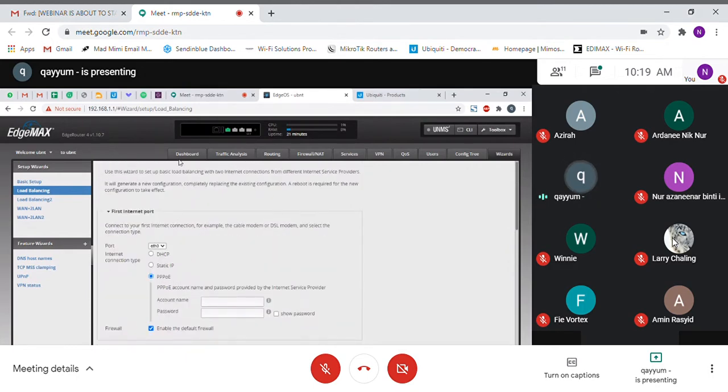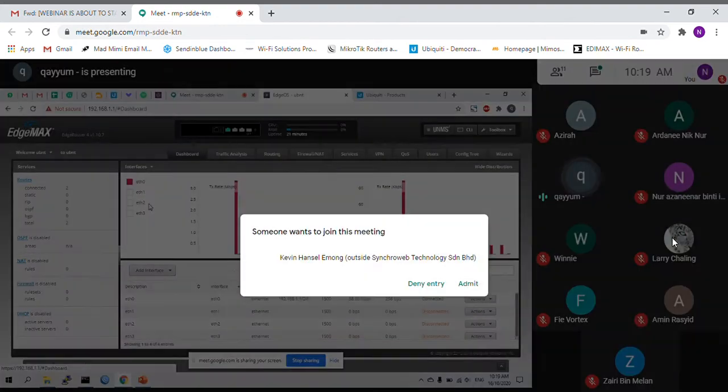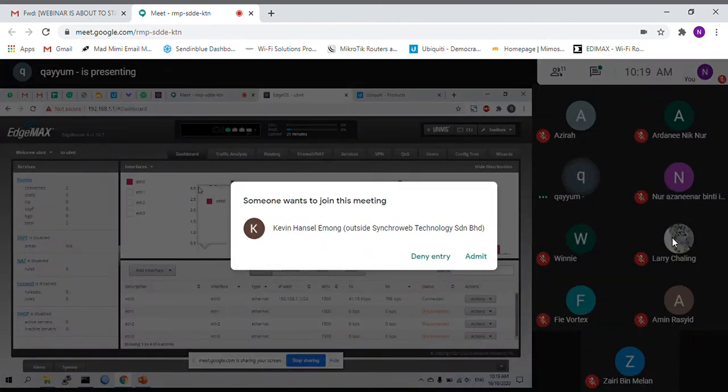So we go back here to the dashboard. You can see this is the overall reporting of your edge router. You can see the performance of each interface, the TX and RX. For ports used, green means connected at 1 gig speed.